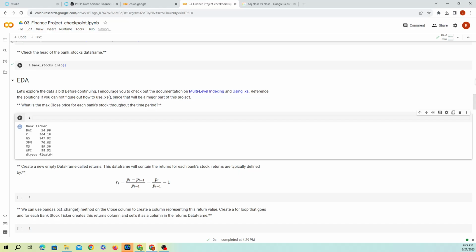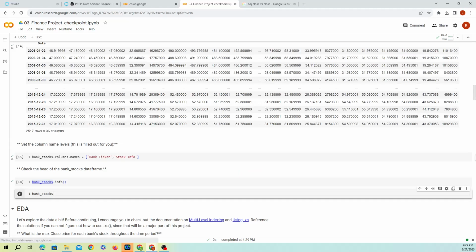Now, I didn't do something here. I could also do the head. The head is also a good way to see how our data looks. And you can see our data looks like that, right? So the head is the first five, and then the tail will be the last ones.